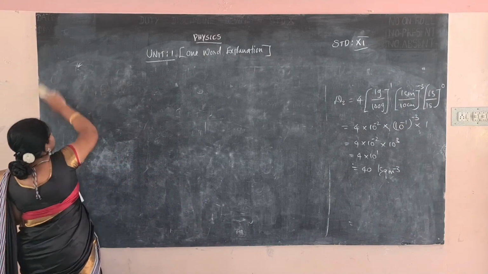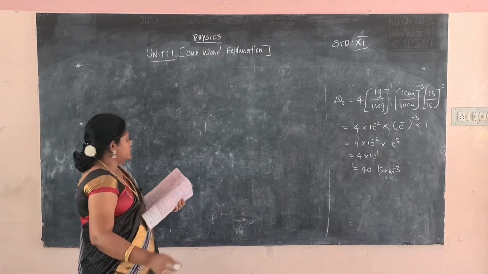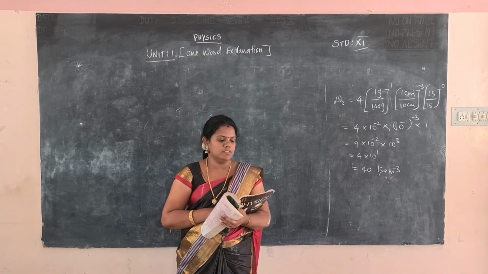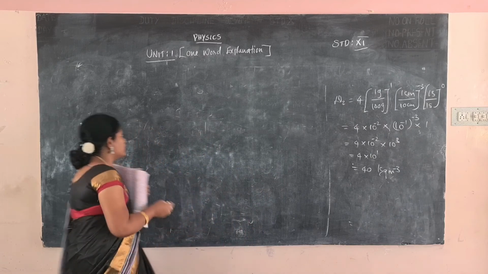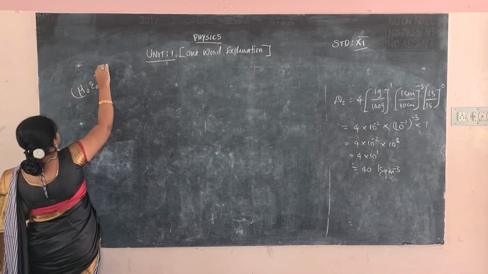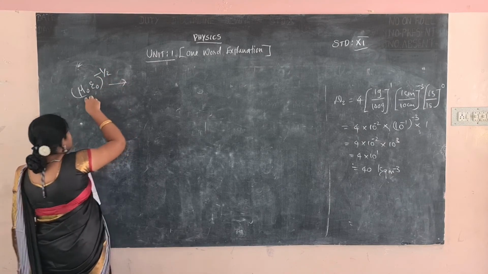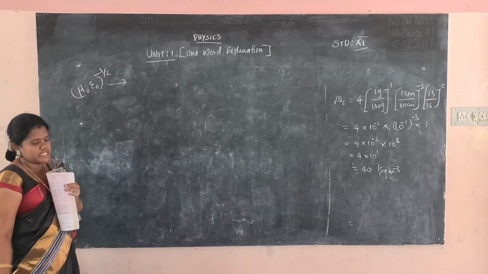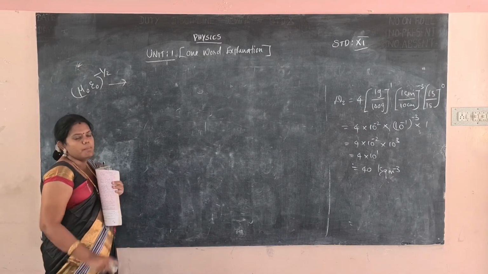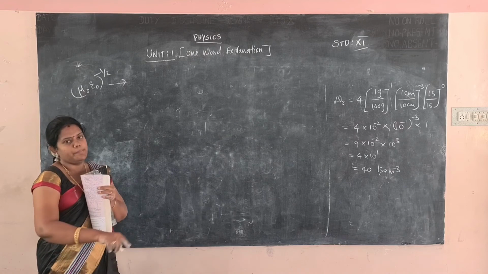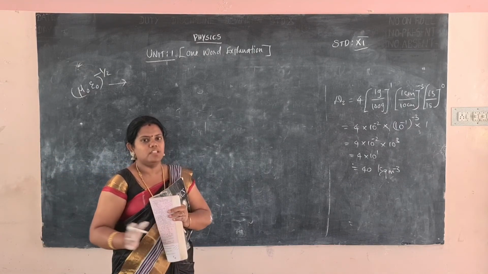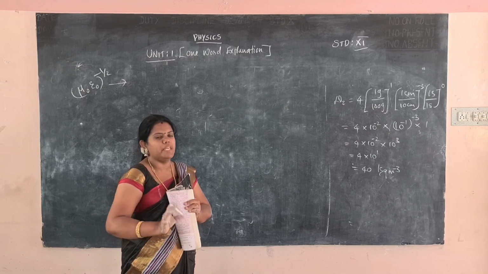Okay. The 13th one: the dimensions of mu naught and epsilon naught whole power minus 1 by 2. So the dimension formula for mu naught and epsilon naught the whole power minus 1 by 2. What's the meaning of that? Mu naught is the permeability of a material. Epsilon naught is the permittivity of a material. What's the difference between permeability and permittivity? Permeability means permitting the magnetic field through its own way, it will be called permeability.